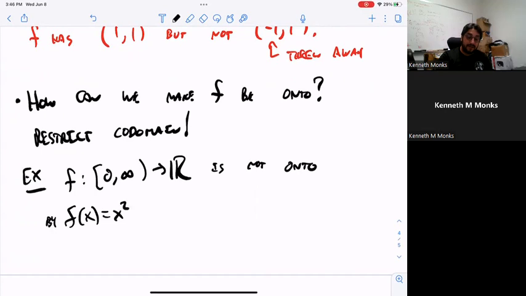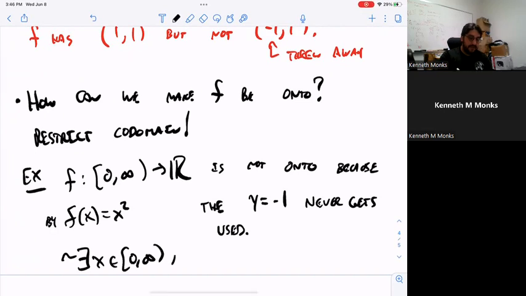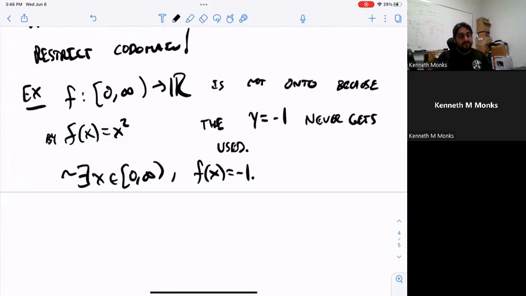Same example. This is not onto because, for example, I'm going to pick the y coordinate -1. It never gets used. There is no x coordinate, there does not exist an x in this domain such that f of x equals -1. It doesn't happen. So in that codomain, I have this value, -1, but it never gets used. So let's restrict